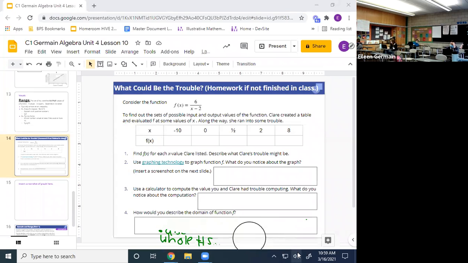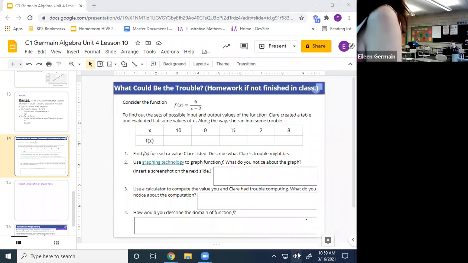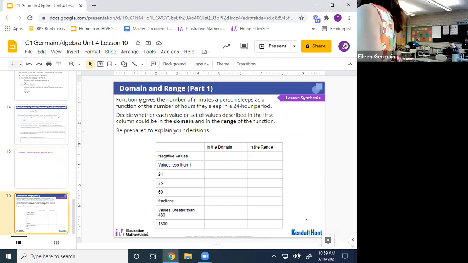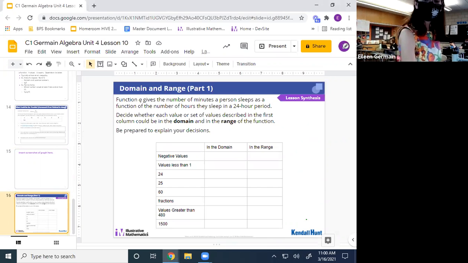Okay. So homework for this evening is slide number 14 and slide number 15, where you're inserting your screenshot. And then we're going to do the synthesis. I know on the lesson it says 16 as well, but I just want you to do 14 and 15 for homework this evening. Friends that have Spanish work for today, you are not leaving this Zoom. You're going to stay in and work on the Spanish work for today. If you have questions, obviously put them in the chat. You can start working on your Spanish work now. Friends,